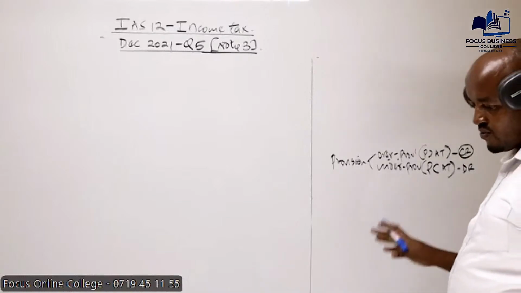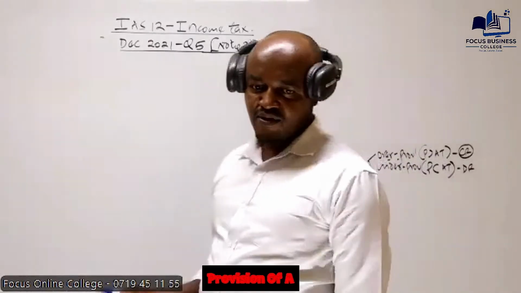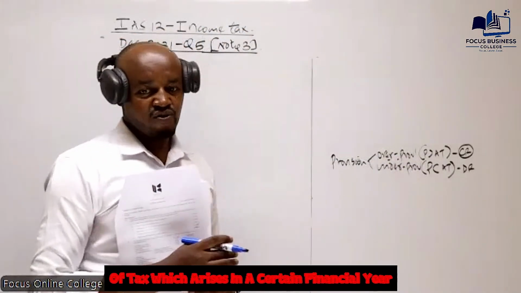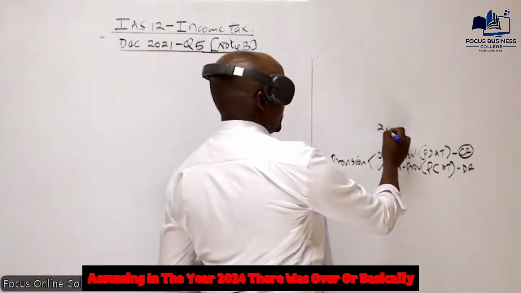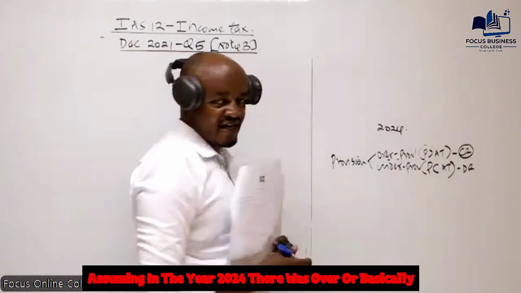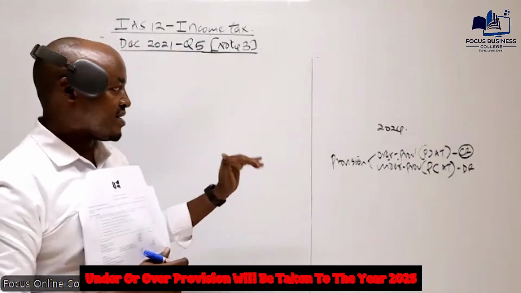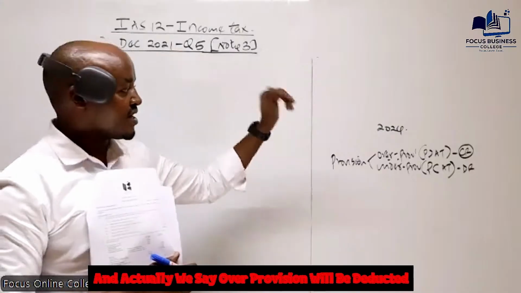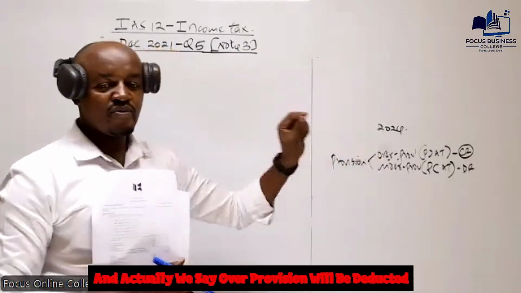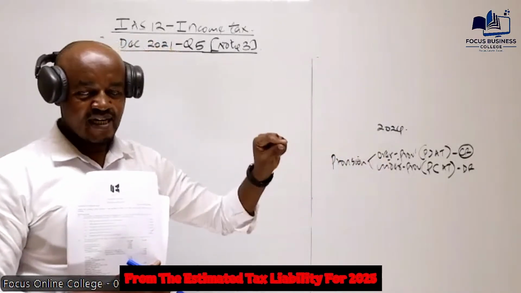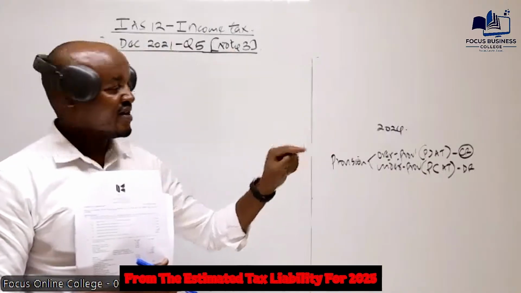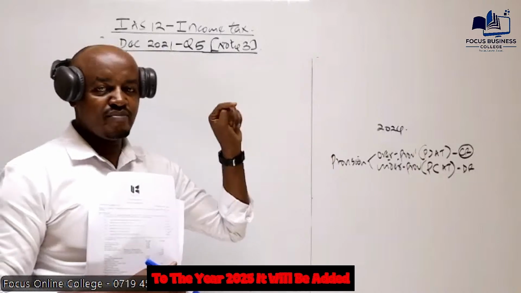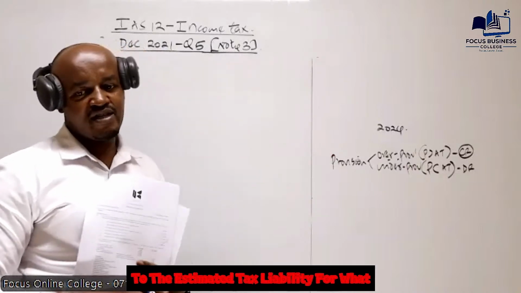Whether it is an over or under provision of tax which arises in a certain financial year, assuming in the year 2024, it will be taken to the year 2025. Over provision will be deducted from the estimated tax liability for 2025. If it is under provision, still it will be taken to the year 2025. It will be added to the estimated tax liability for